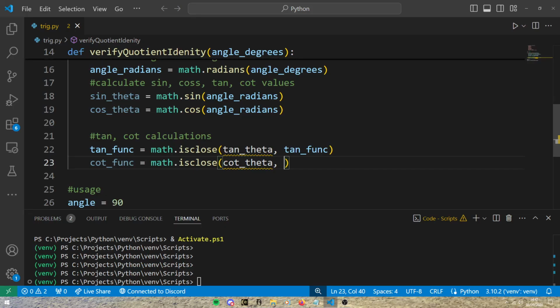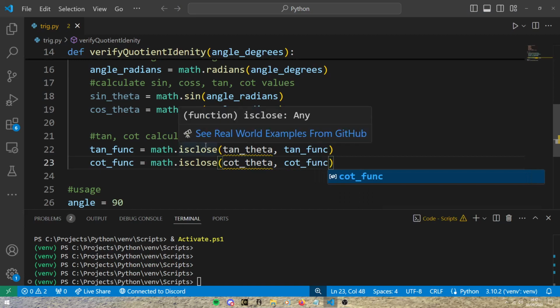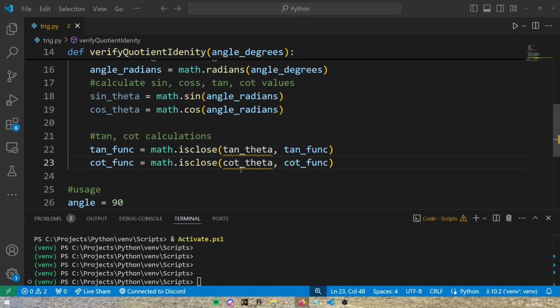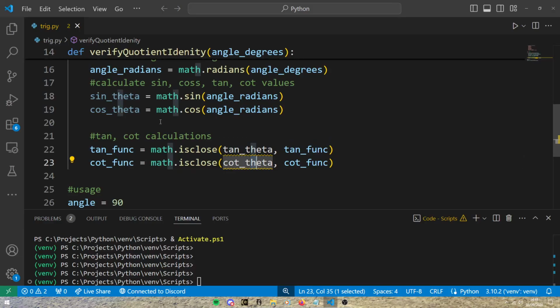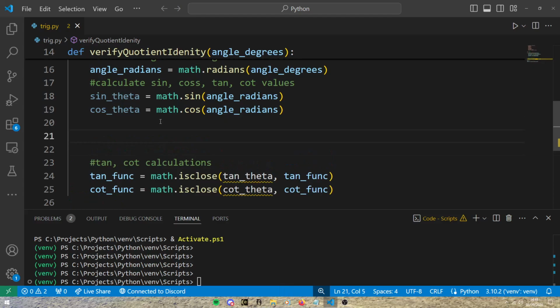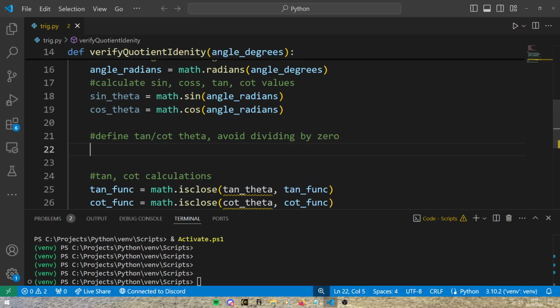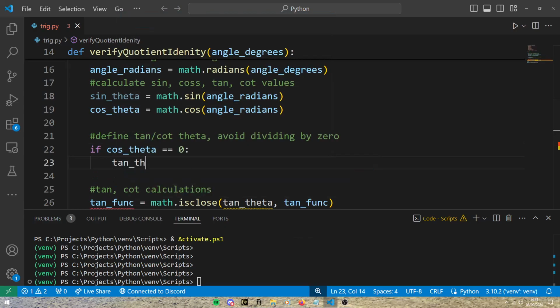And here I'm comparing the cosine theta with the cotangent function. And so here, of course, we need to define tan theta and cotangent theta. So for that, I'm going to bring in, so we're going to define these two and avoid dividing by 0. So we'll do if cosine theta equals 0, then